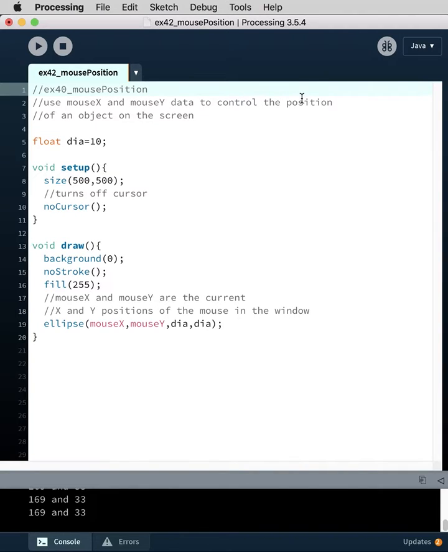This tutorial is going to introduce interaction via mouse position. And so we've got a straightforward sketch set up here. We have a variable